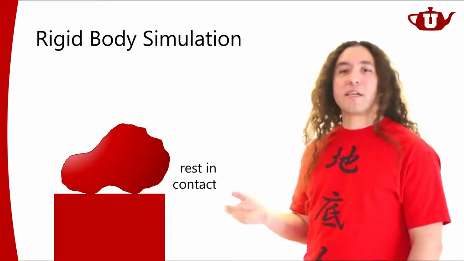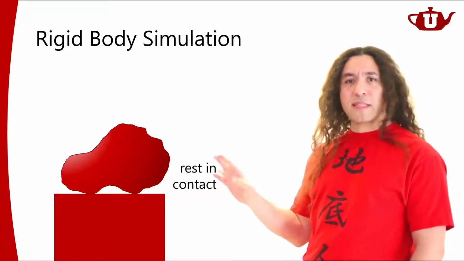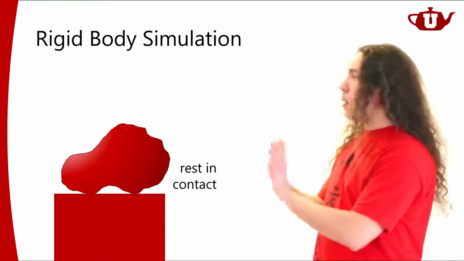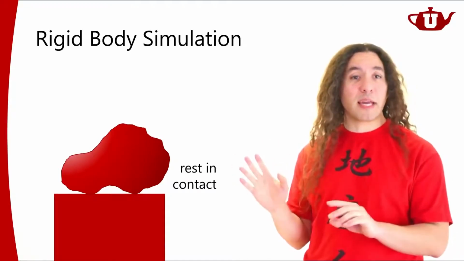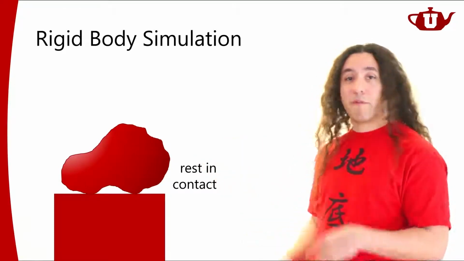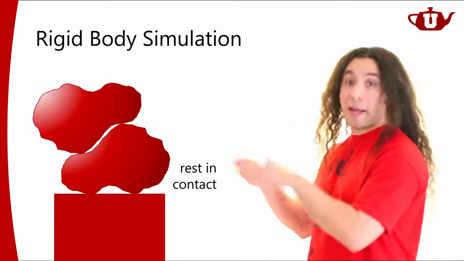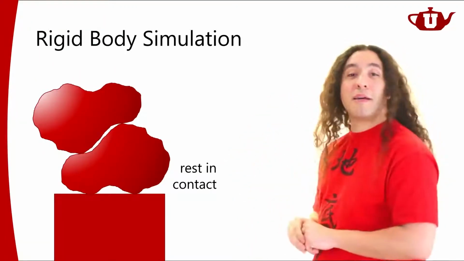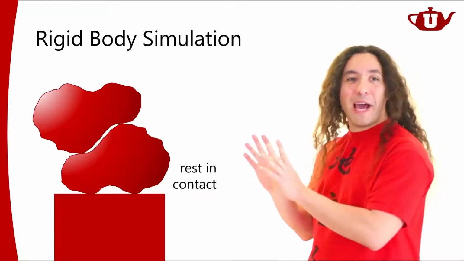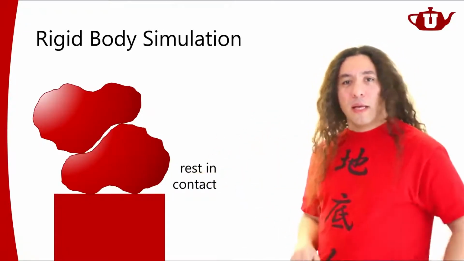So it's going to be an object that's rest in contact. Now, there are different ways of checking whether an object is rest in contact, and if you decide that the object is in rest in contact state, then you don't have to simulate it anymore. You can just stop simulating it until something happens to it. For example, until we have another object that collides with it, and at this point we can say, oh, something hit it, so maybe this object is going to move now. Or maybe not. Maybe there's going to be enough friction to keep it around and it's not going to move.